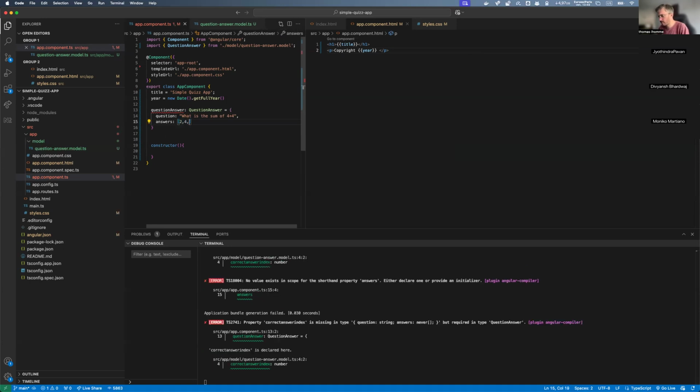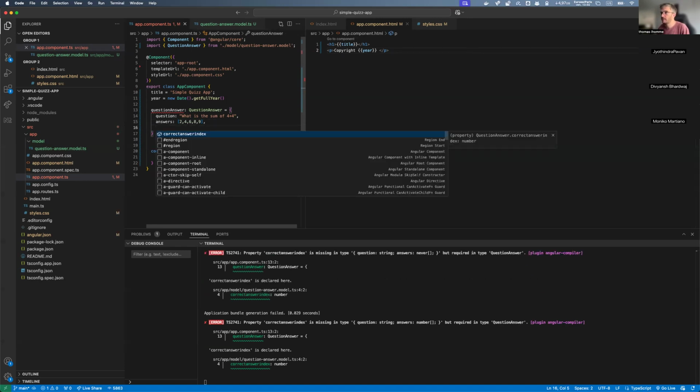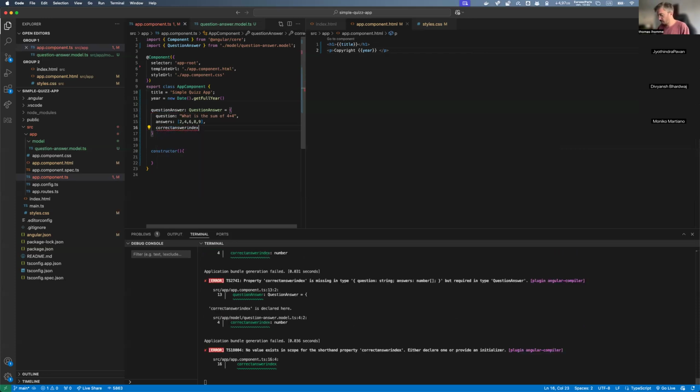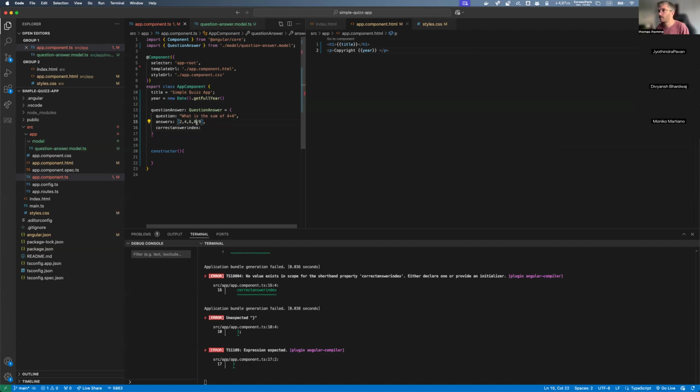Is it 4, 6, 8, 9? And see, if I do Ctrl+Space, it just gives me all the items. That's why it's good to have types as well. You can know what are the elements that you want. So we say 1, 2, 3, 4.